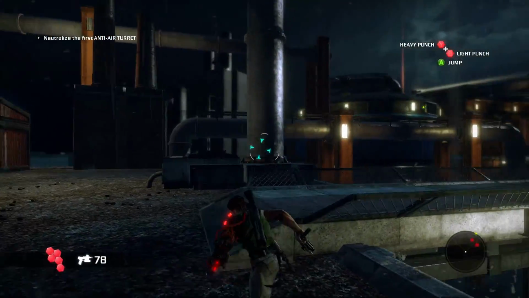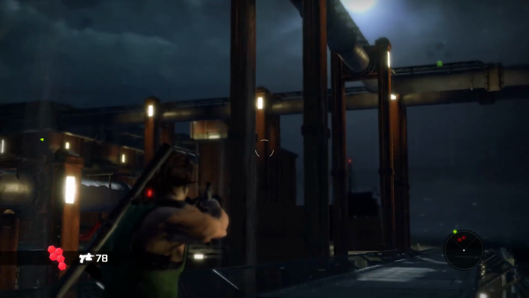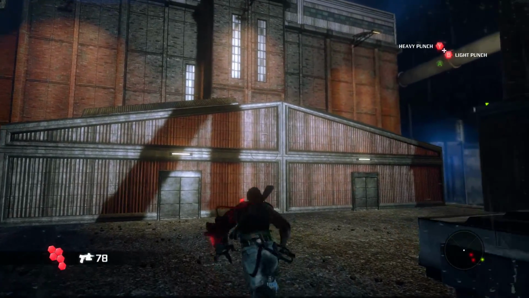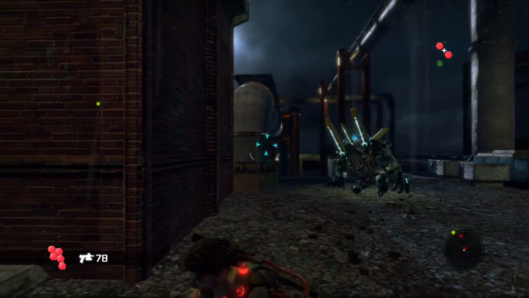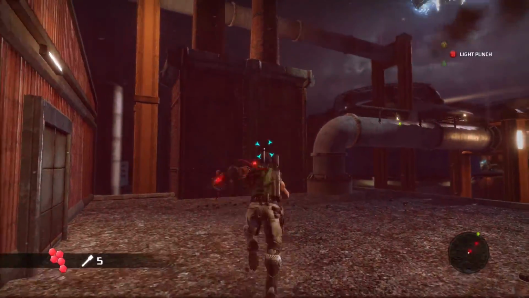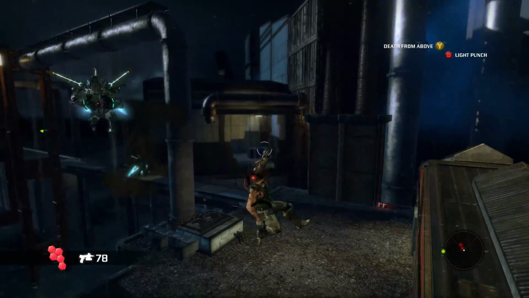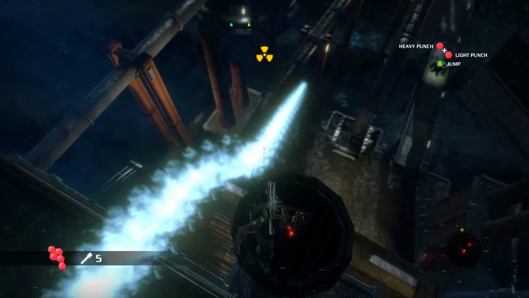That was a rough swing. There's a mech up that way. Is this a real mech too? This guy's new. I haven't seen a mech like this before. They're flying upward in a way that makes it...